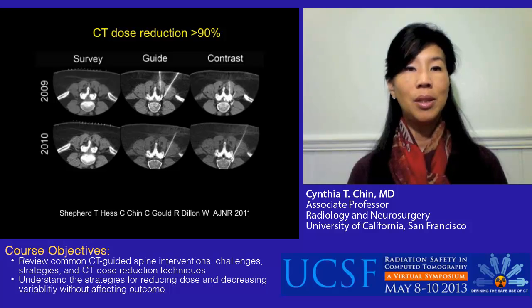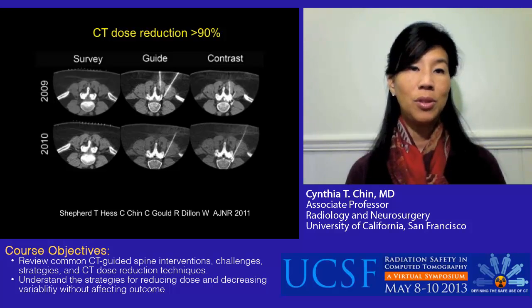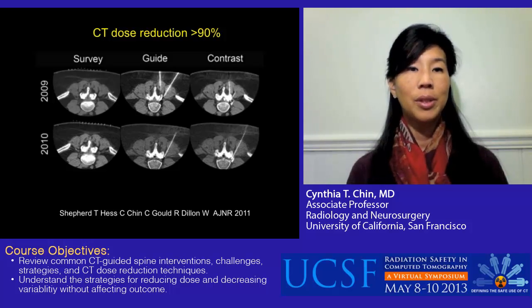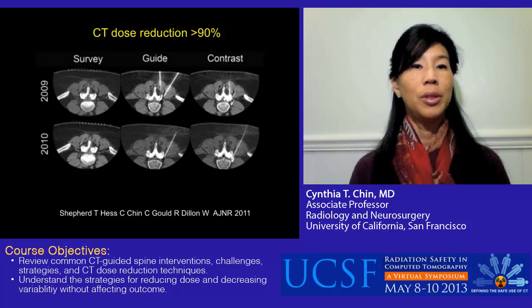And we can see that the images acquired in 2009 compared to 2010 are of high quality for both years, and that the intended targets for the needles were reached successfully, and the patient outcome also was not different between the 2 years. But what you can see that is different is that the MA that was used for all